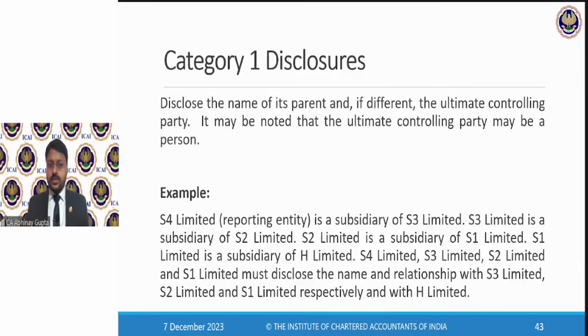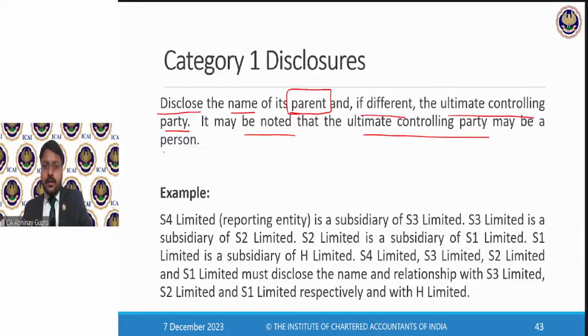So category 1 disclosures. What the standard says: disclose the name of its parent company. Whether you have a transaction with your holding company or not, you need to disclose the name of your holding company. And if different, the ultimate controlling party. So it may be noted that the ultimate controlling party may be a person. For example,